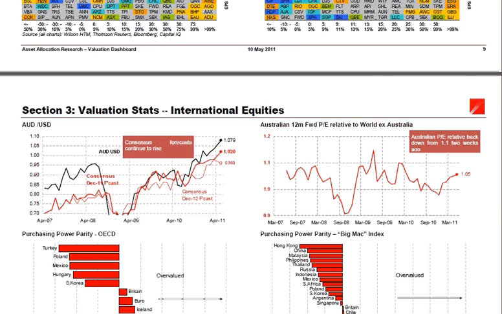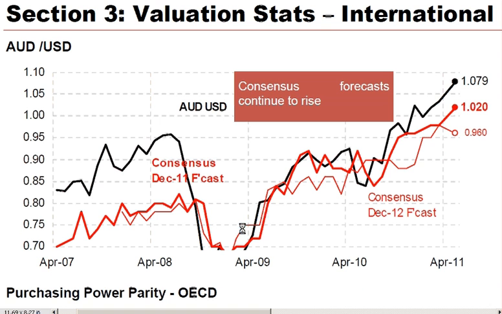Back to the dashboard, and the next point I wanted to focus on was getting into this Aussie dollar US dollar, where what we can see is the Aussie dollar up to around 1.08. That's at the time of this writing, obviously it's been through quite a wild ride over the week, up to $1.10 and back down to $1.05. So this is just showing the weekly data.